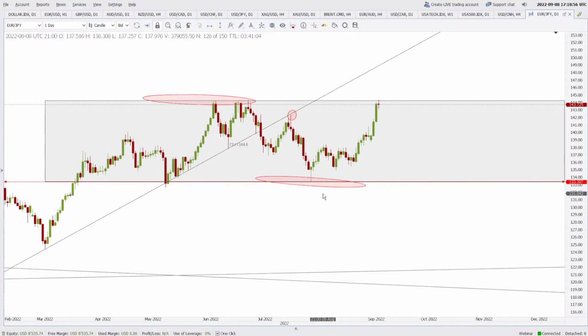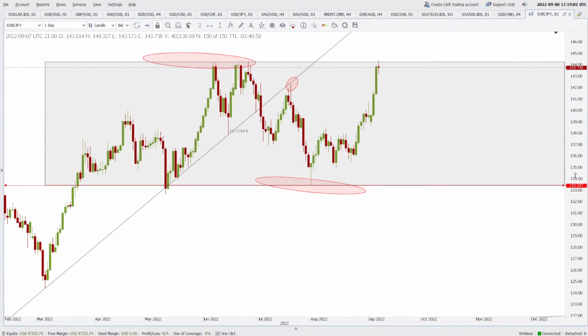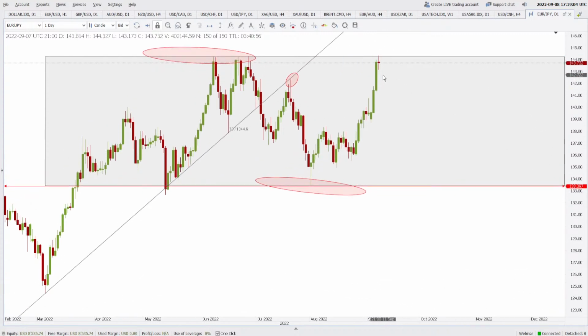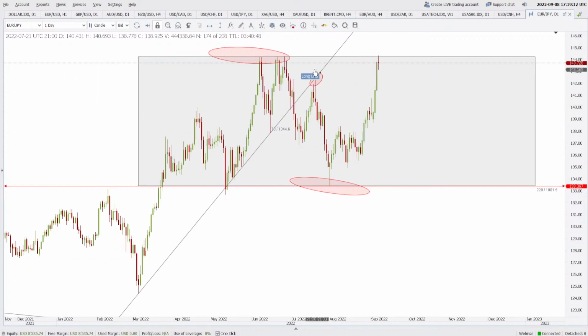Now after this support, the price again went to retest the resistance. This is the time when it is actually testing that resistance. This very day we are talking about, it is testing that resistance. Now how will the future unfold? There are two possibilities from here. Either it will come back like this, range bound, or it can break higher than this and make a new high.